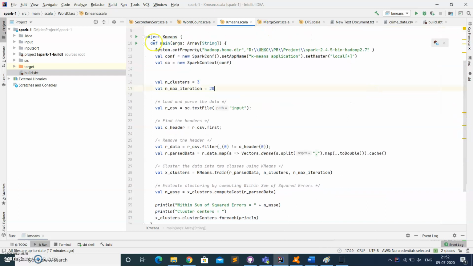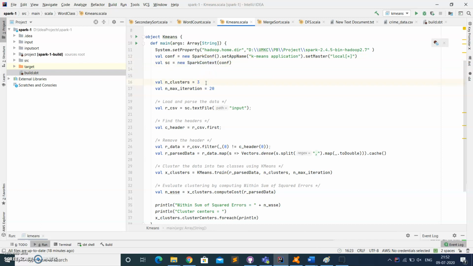Let's start with the algorithm, and here we are creating an object called k-means, in which we are setting the Hadoop directory path, and the name of the application is the k-means application. It can be any name that we want, and we are invoking the Spark context.